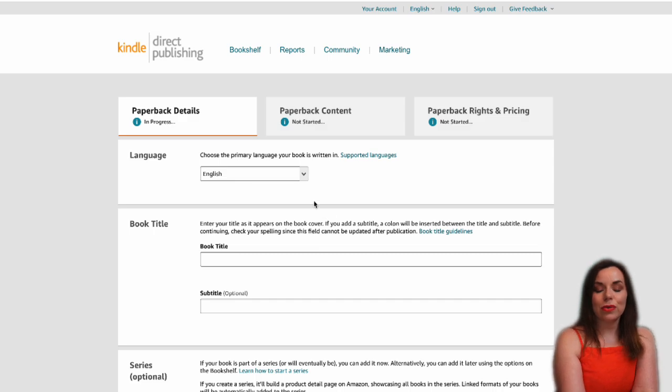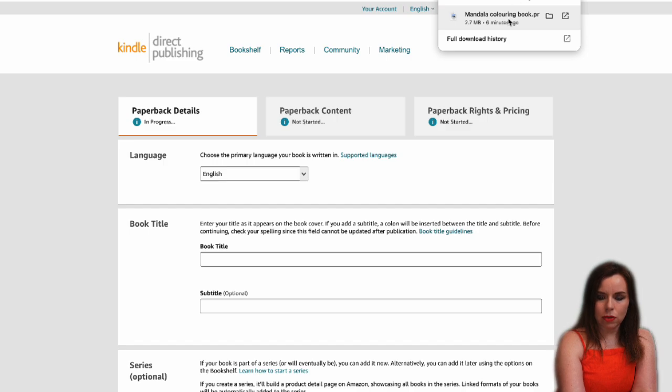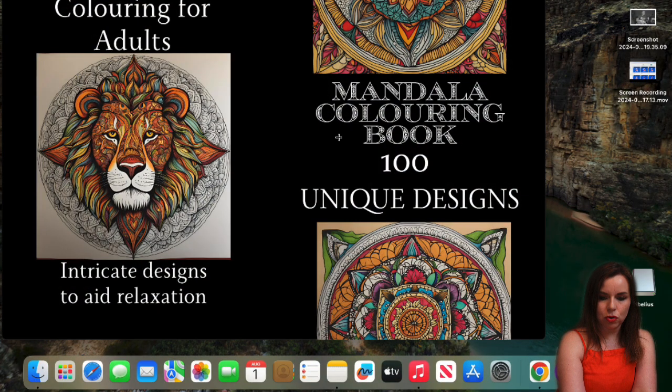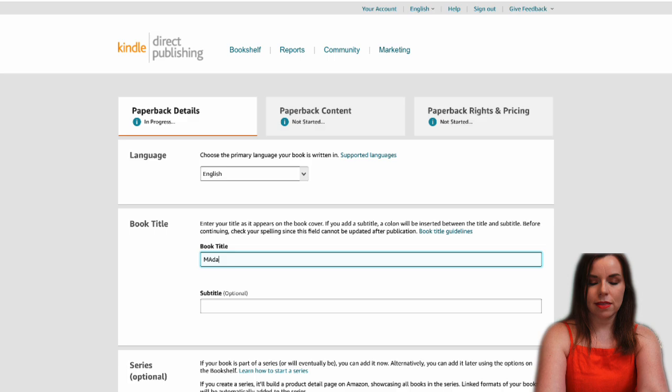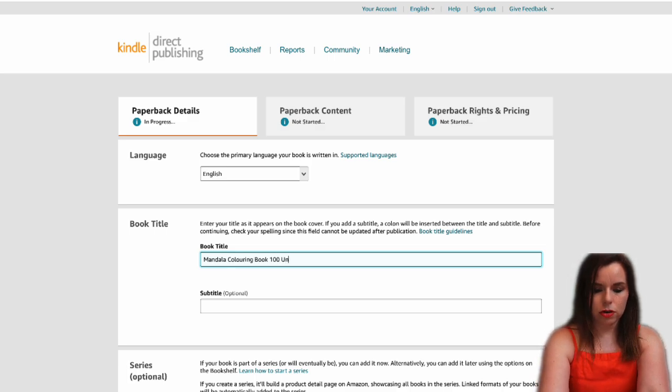So here we are. Paperback details. So the book is written in English, and when it comes to this, we want to just make sure that we are using exactly what has been posted. So I can put, it will be called Mandala Colouring Book, and then I will put in there 100 unique designs, colouring book for adults, intricate designs. I'm pretty much going to use every single word under the sun that I've put in this because they're all keywords. So let's go for mandala, 100 unique